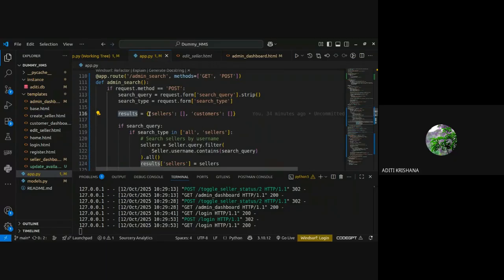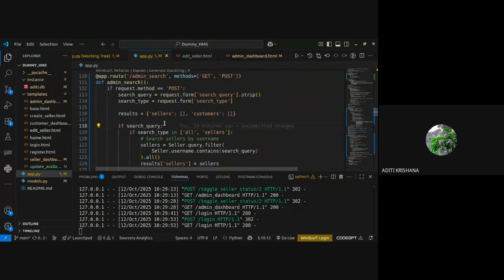So whenever a seller is searched, for example, you have searched only AD, whatever sellers have AD in their username will be shown in a list format. So we have created a dictionary in which seller and customer have the values in a list format, and these results will be displayed.